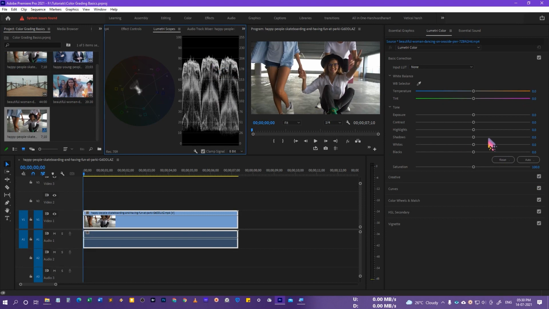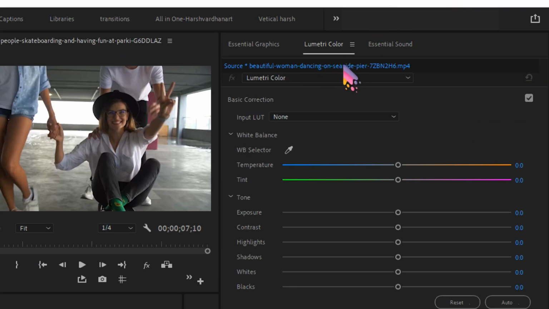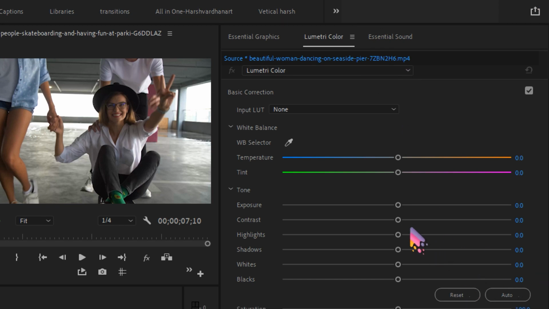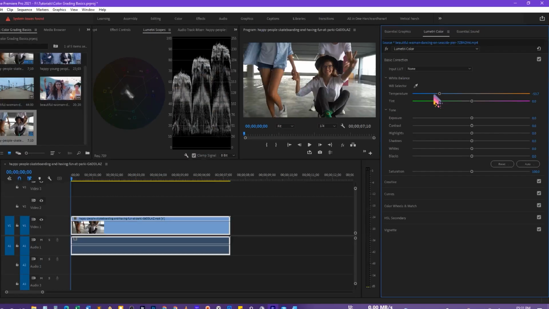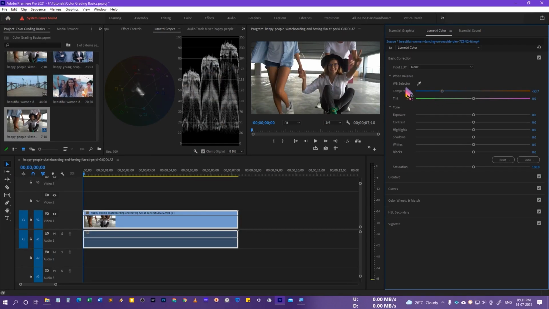If we come over here in the Lumetri Color Basic panel, we have the option. We are not going to adjust the temperature at this moment, because if we drag it towards the colder side, it's going to introduce a cold color or cold tint, and you can see how this is changing.